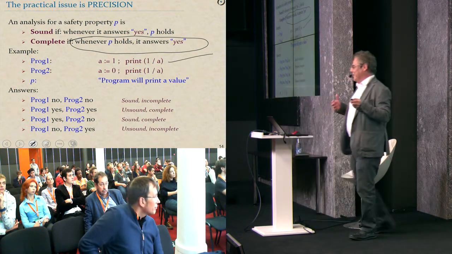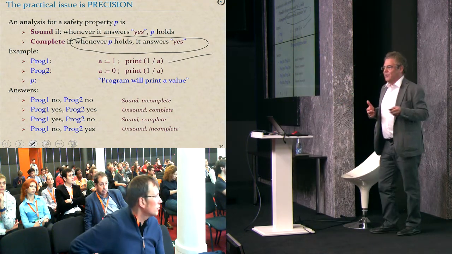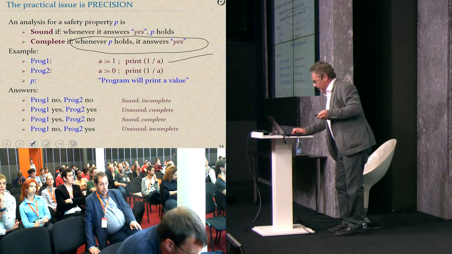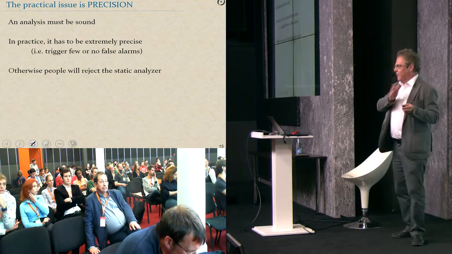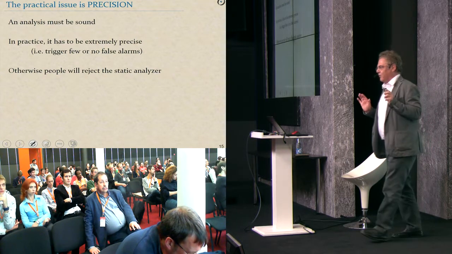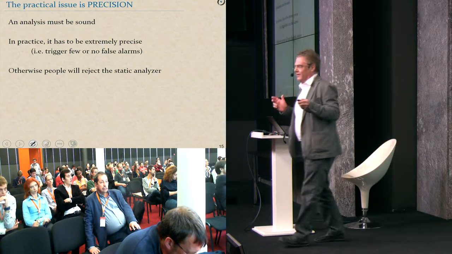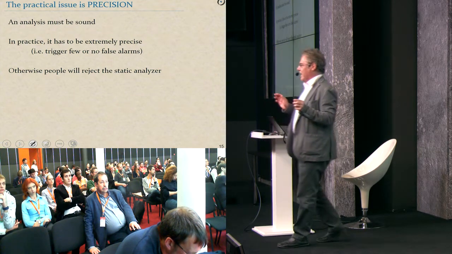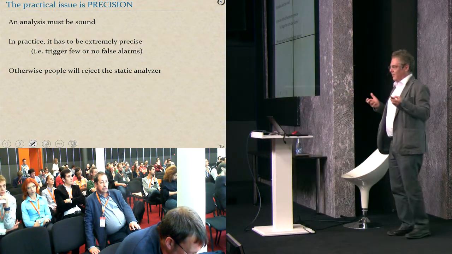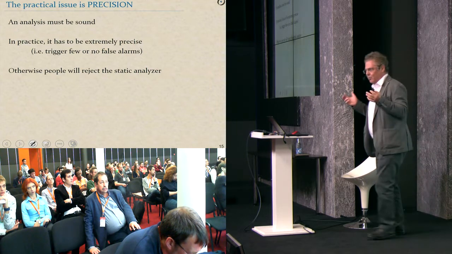So lint is the mother of all static analyzers for C, and lint is typical of the practice of this game. Anyone who has worked with or worked on static analyzers knows this. The name of the game is precision. Nothing else really matters. What I mean is this: you get a static analyzer like lint or something more modern,